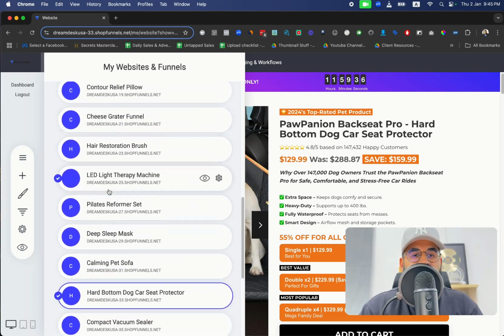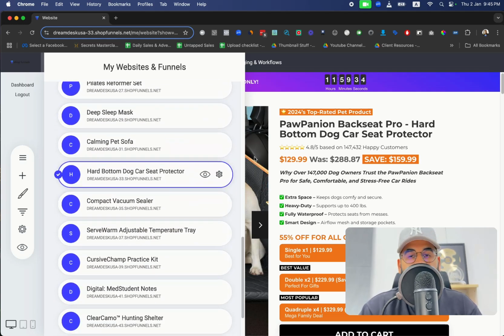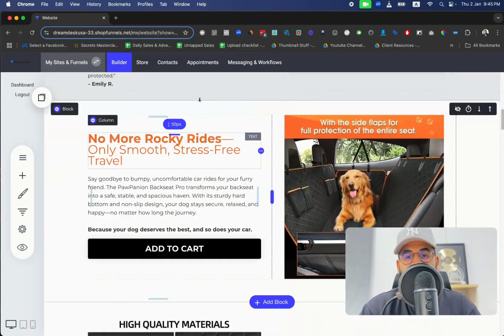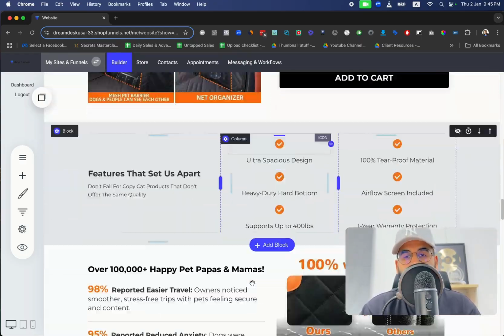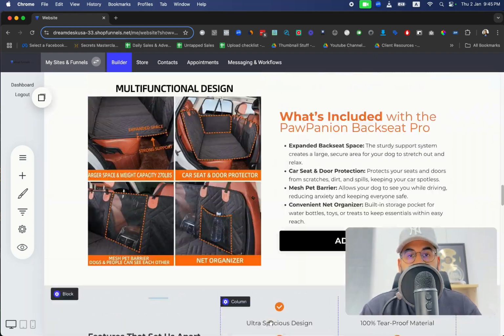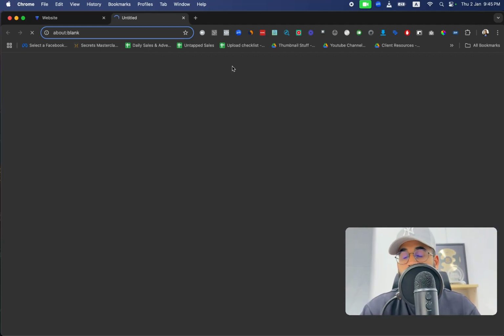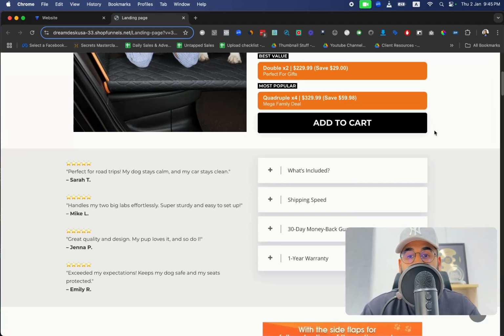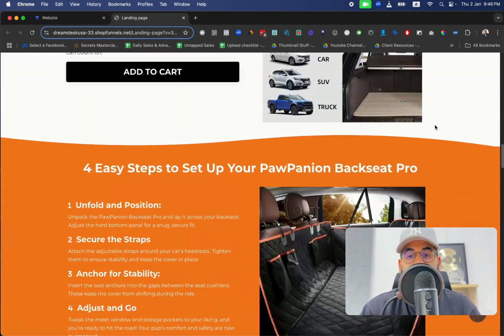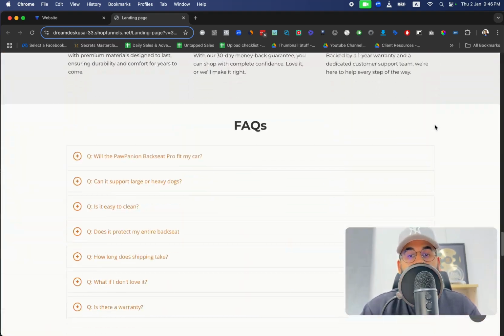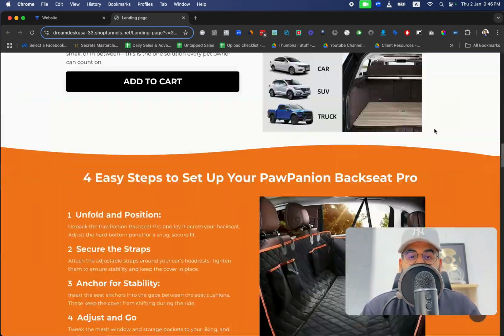As you guys can see, I have so many of these business templates loaded in here. Again, this is what it looks like. It's a very easy drag and drop builder that you use. Now, if your ads are coming to a page like this that is designed well, really well optimized, looks amazing, loads fast, and is very professionally designed,